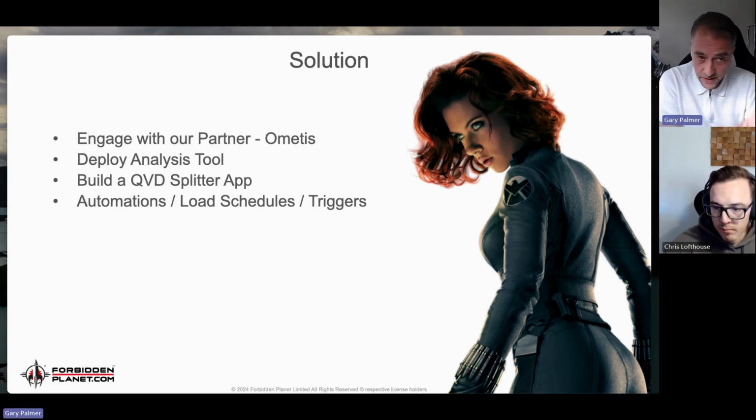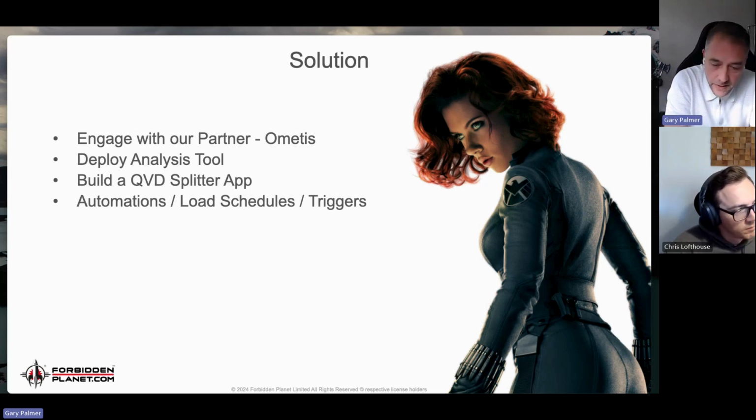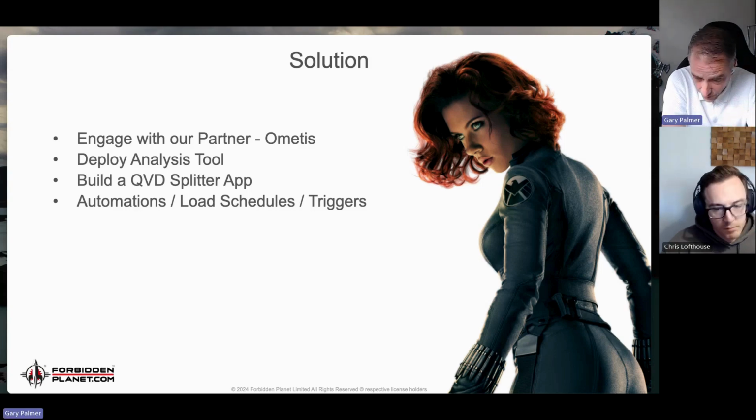The one area that we certainly engaged our partner, so we spoke to Ometis various times, and the whole team helped out and gave us various scenarios. We found that there was an analysis tool, which we always had on-prem, but there is one for cloud that you can deploy. So it's basically an app, you import it in, you put it in the space where all your QVDs and your apps are, you run it, and it just loops through every single QVD, every single data point, every single app, and it gives you statistical information about each app. So you can instantly find out where there are problems within your apps.